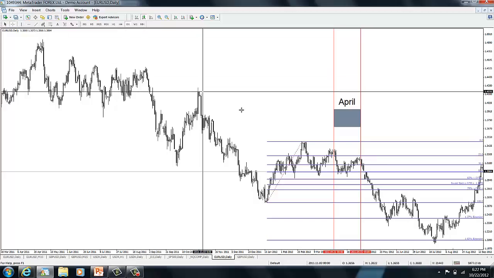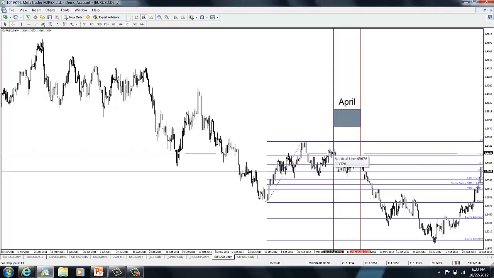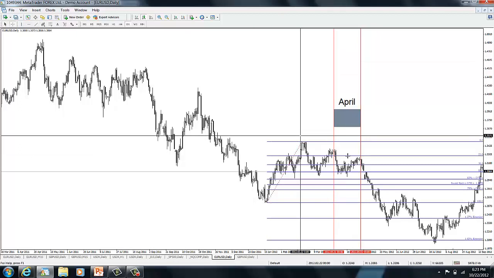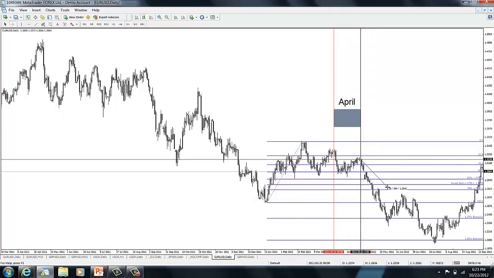If you look at what transpired just from the original high here in April down to the 162 extension, that's 1,230 pips, okay? And if you got the second entry in here using the 1st of May area, it's 1,150 pips, okay? So not bad in terms of pip hauls. Takes a little bit of time to get these. It doesn't happen overnight, but you've got to really hold on to it and just have a lot of patience